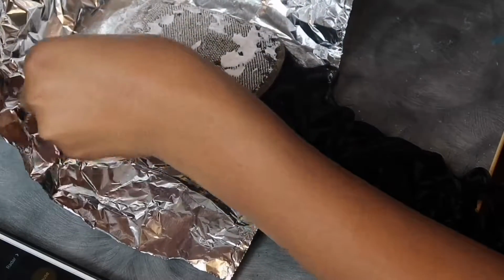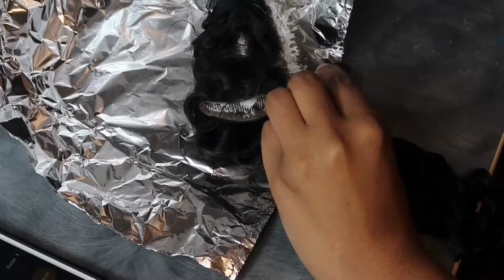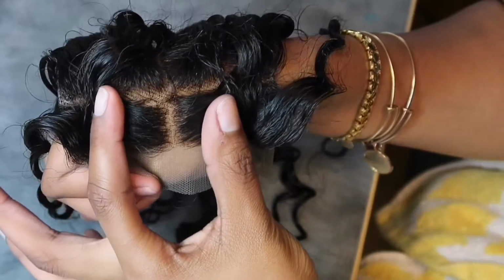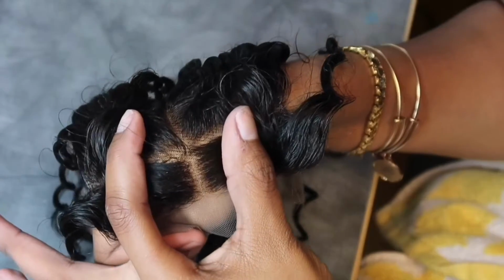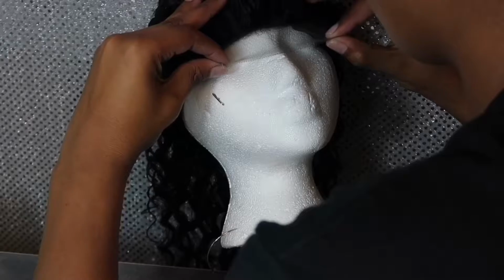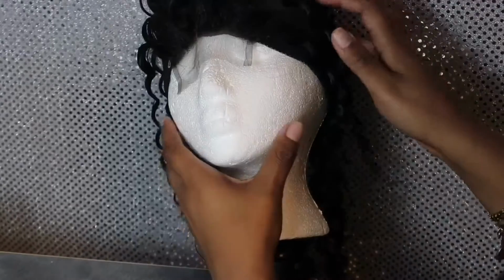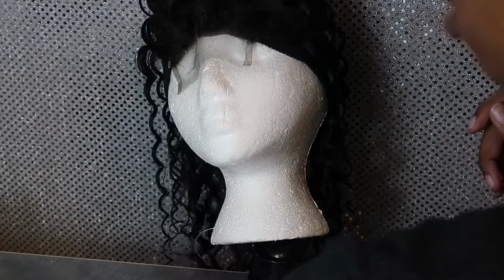And I'm just checking to see if the knots are bleached, and I could see that it was kind of bleaching the roots, but good thing I had the Shimmer Lights shampoo because that stopped the process. And now what I'm doing is just applying the closure to the cap,